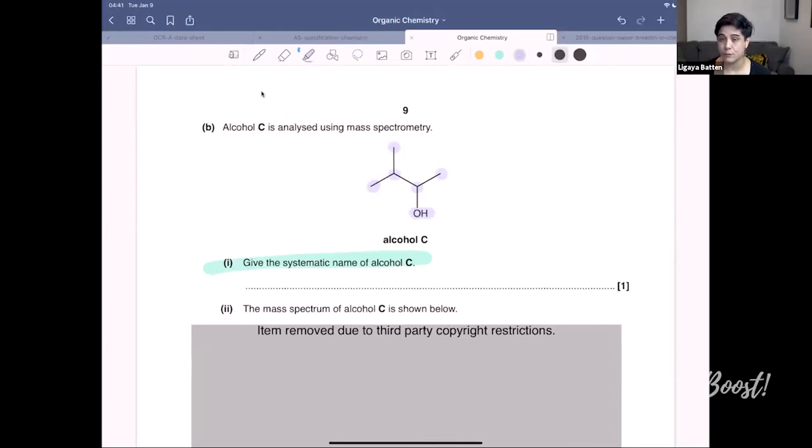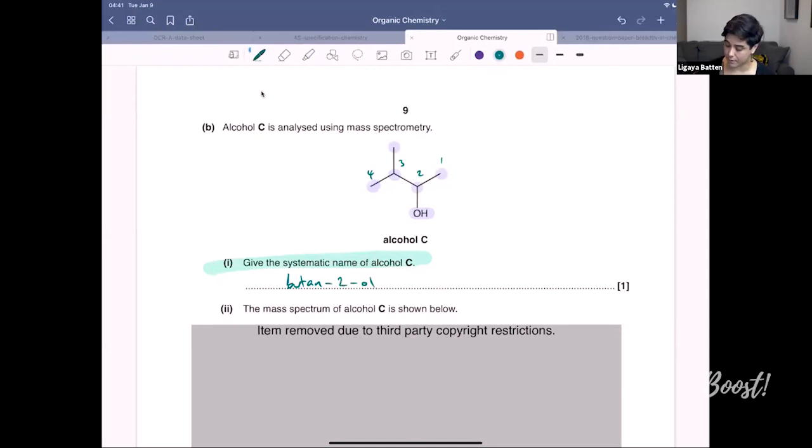So again, with a skeletal formula, all of the ends of sticks or corners are carbons, apart from where it's actually attached to an OH. So we're going to number these from right to left because we want the number attached to the alcohol to be the smallest. So we'll do 1, 2, 3, 4, and that is butane. Going to be butane something, but for the 4 carbons, and then it's butane 2-ol